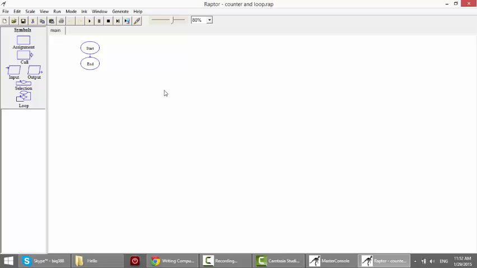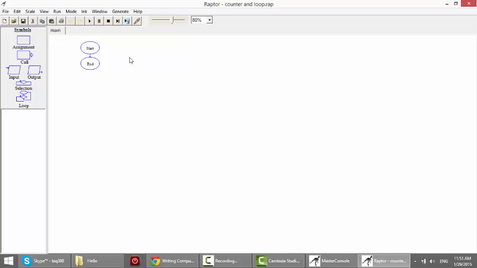Okay, so we're done with that. Let's move on to the next topic, which is working with counters and loops. A counter is very necessary for a loop to execute. Any kind of loop needs to have two major requirements. The first one is to have a condition, and the second one is to have a counter which is going